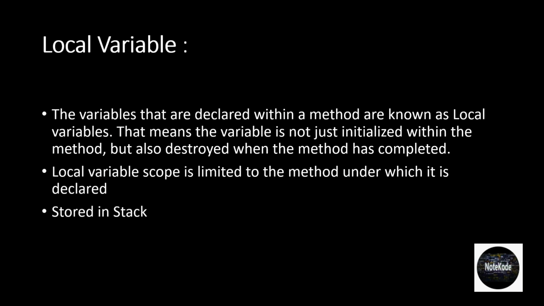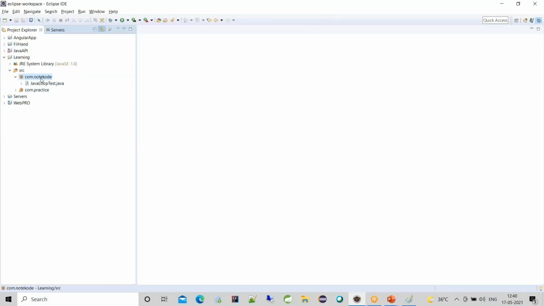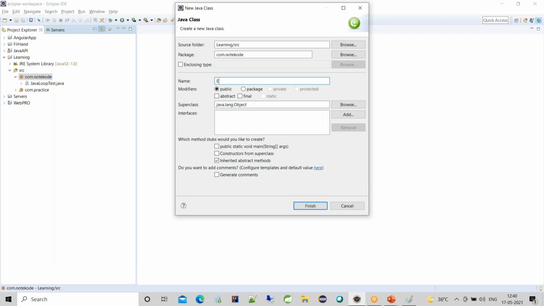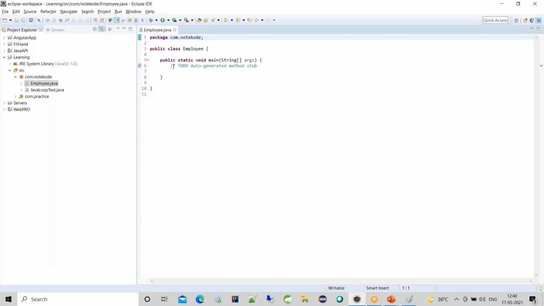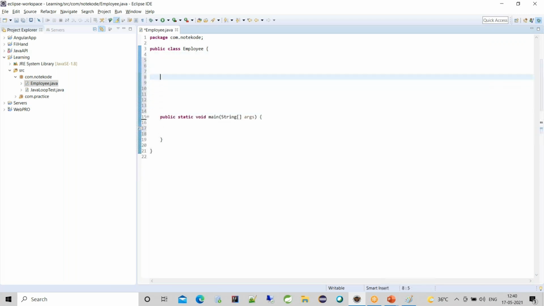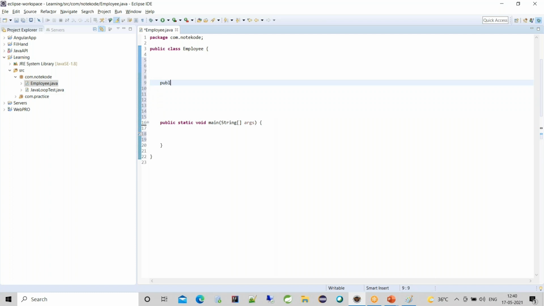Now let's understand. Here we will create a new class, say employee. Under this employee, we will create a method. Say an employee will have a method public void getDepartmentName.